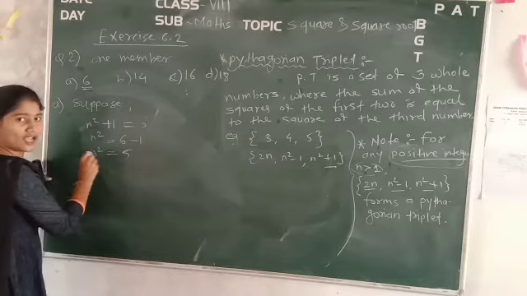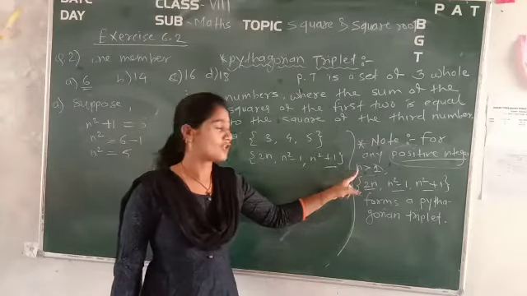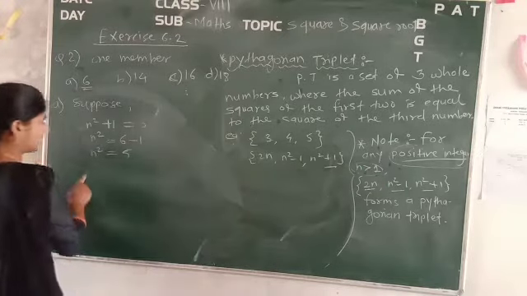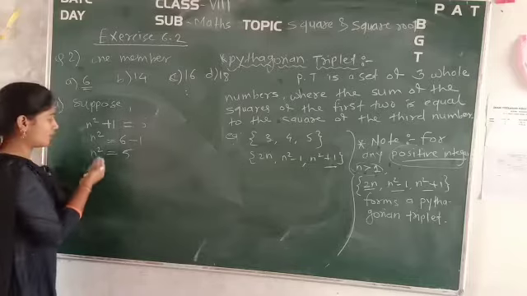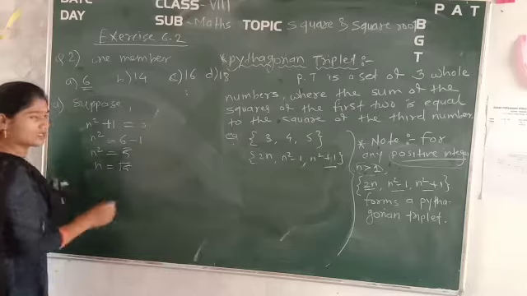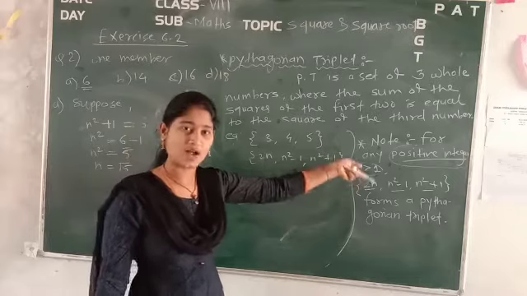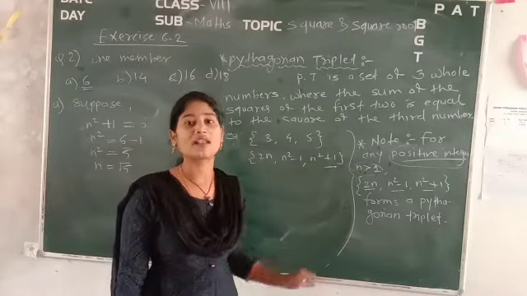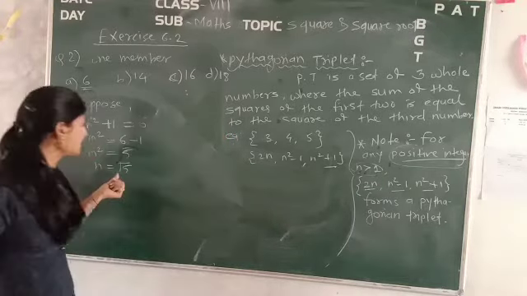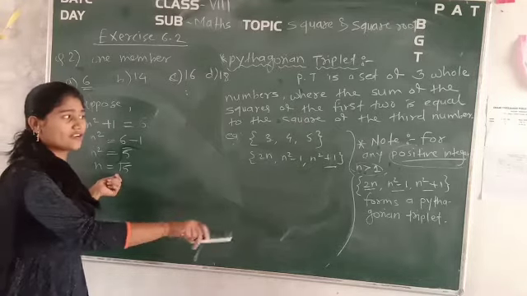Now you have to find out n only, not n square. Right now, that's why this n should be greater than 1. Only n, not n square. But it is n square. Now see, directly you can say, if you find out the square root of 5, that is, n is equal to the square root of 5, it should be greater than 1. Obviously it is less than 1, but according to this condition, we want a number greater than 1, but the answer is coming less than 1. If we take the square root of 5, it is smaller than 1.